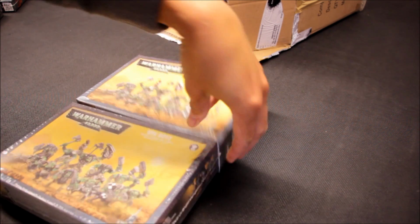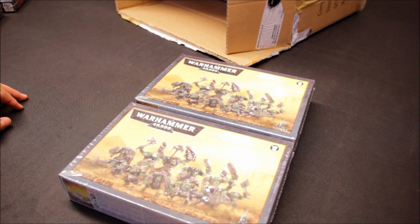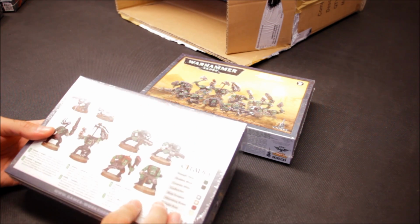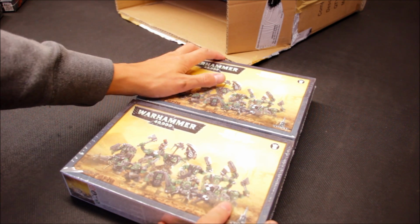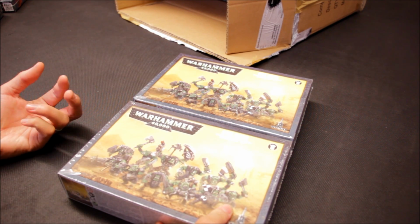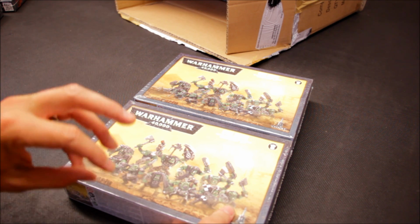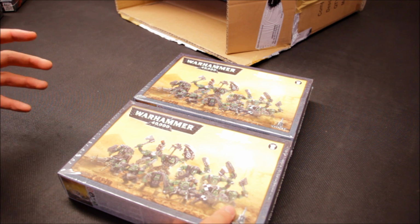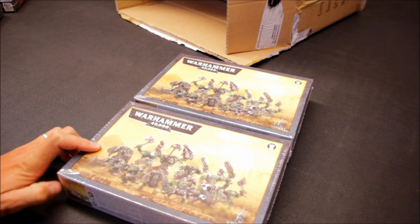Right, then more orcs, 2 units of boys. Not necessarily going to paint them as boys, you'll have to see what I mean on the video. I don't want to give too much away, but extremely excited about orcs at the moment. We've already got about 2,000 points, and then with the extra units I'm going to add in, it means I'm going to drop some units out, but they're just going to go and be extra units I can choose to use, or I may start pushing towards